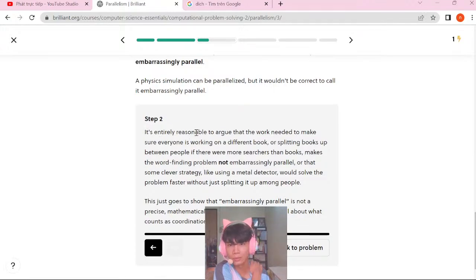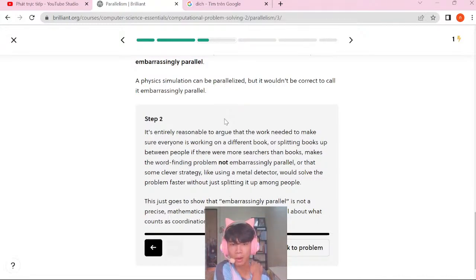It's entirely reasonable to argue that the word finding problem is not embarrassingly parallel, since you'd need to make sure everyone is working on a different book, or splitting books up between people if there were more researchers than books, or that some clever strategy like using a metal detector would solve the problem faster without just splitting it up among people. This just goes to show that